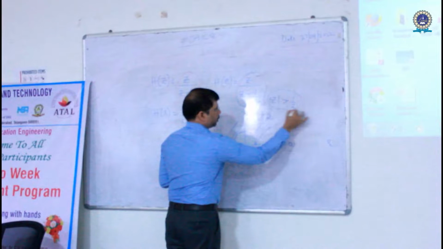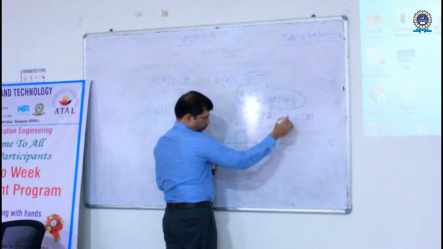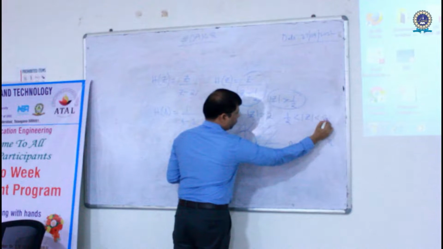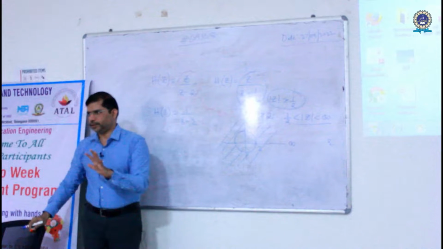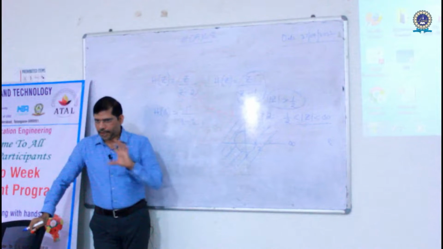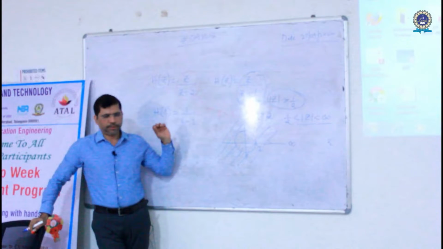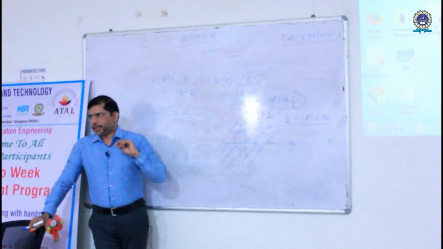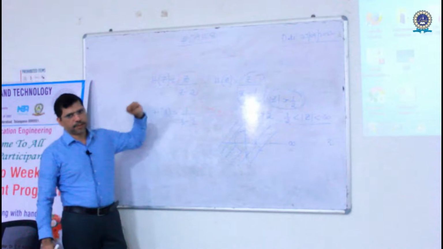So therefore this equation you can also write it as something like this, right? Both are same. So therefore the upper bound I can write it as infinity. So between 1 by 2 and infinity, you can cover 1. So therefore that covers the unit circle. So therefore that is a stable system. So why actually are we talking on this? There's a reason behind these points, because when you start realizing this kind of the